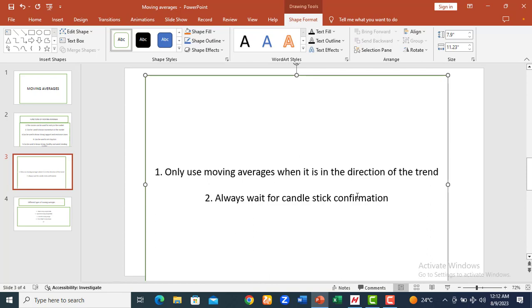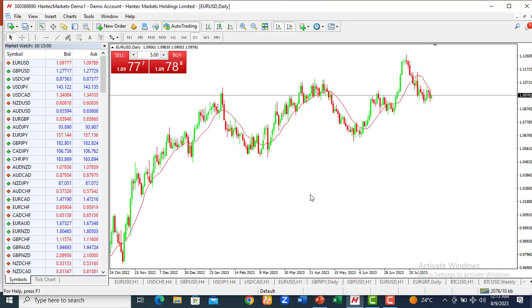You have to put all these things into consideration. Only use moving averages when it is in the direction of the trend. Always wait for candlestick confirmation. So that market has been buying. If you wish to use moving averages on it, the moving averages must be in correlation with the uptrending